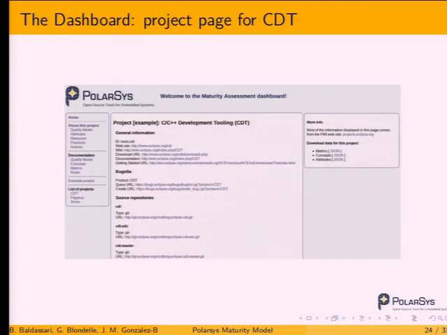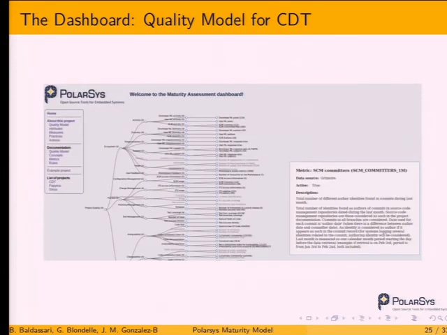Now it's only JSON, but we can produce CSV really easily. So you can take this data, the data is yours, and import it in your favorite spreadsheet software, so you can plot things, visualize them, and do whatever you want with them.